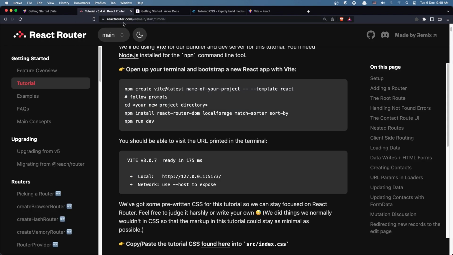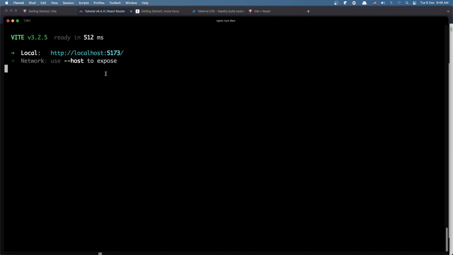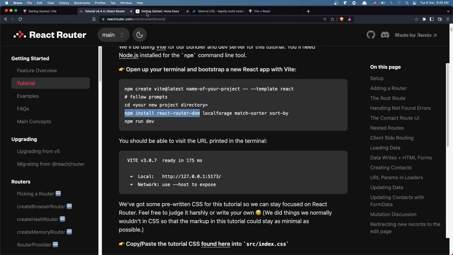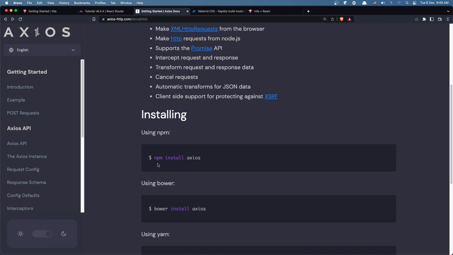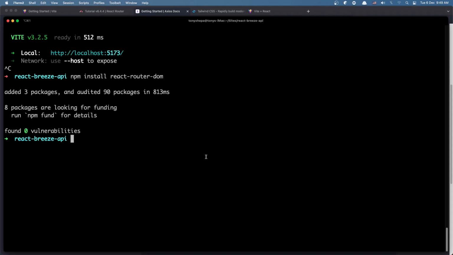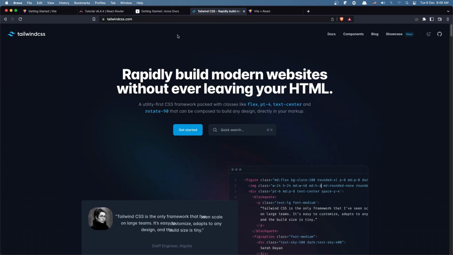So if you go to the reactrouter.com, let's say npm install React router DOM, and you can read the documentation of the React router. But I suppose you have knowledge of the React, so just let's navigate in here. I'm going to terminate and paste that command, npm install react-router-dom. Then let's navigate in the Axios, and to install we need to say npm install Axios. Okay, paste that in. The last one is to install the Tailwind CSS, so let's